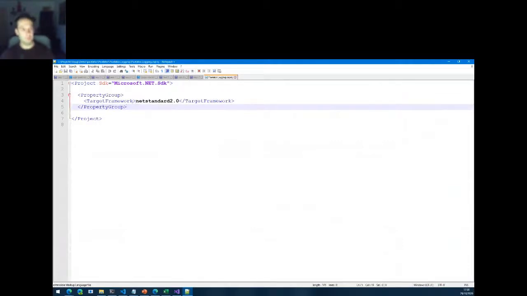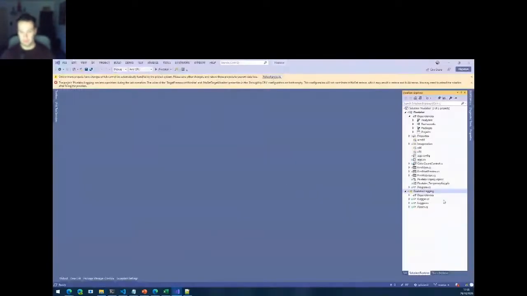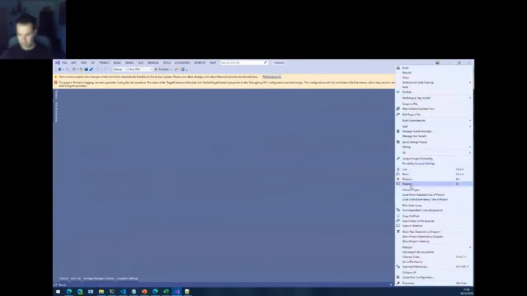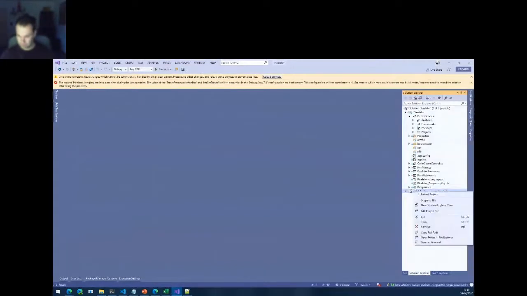There we go. So we can rename this to TargetFrameworks and add .NET 4.5 in there. So now we no longer target just .NET Standard 2.0, we also target .NET 4.5 and higher. Let's unload the project and reload it.